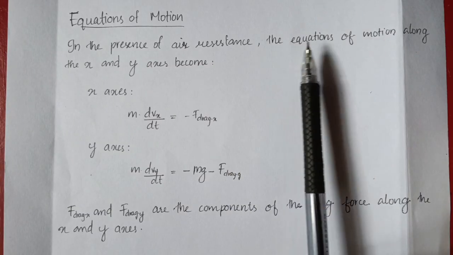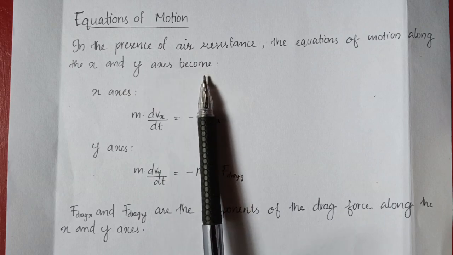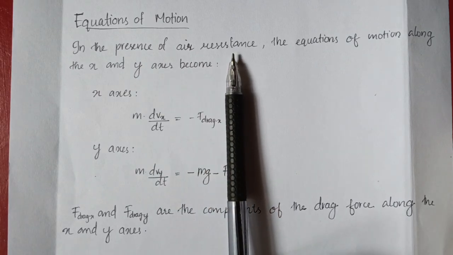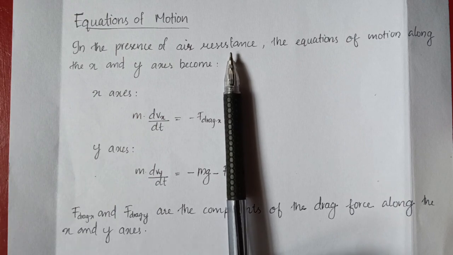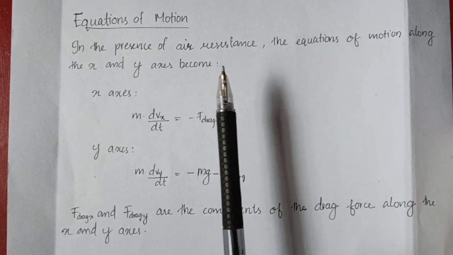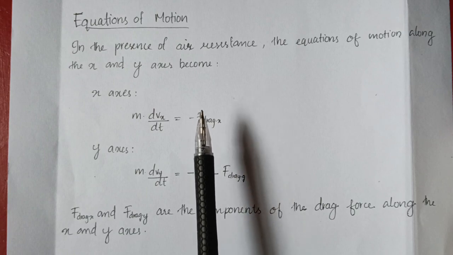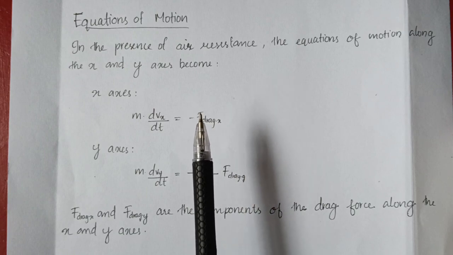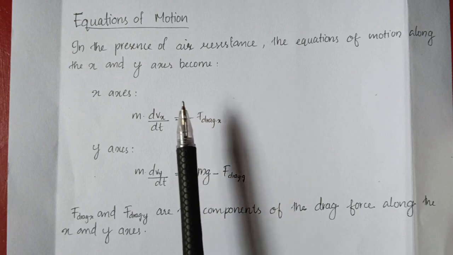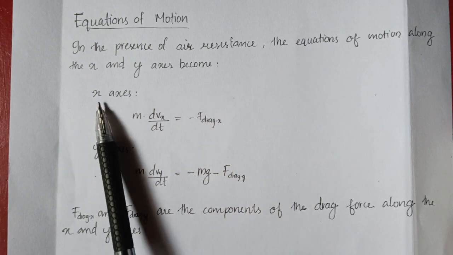Now, the equations of motion along the x and y axis in the presence of air resistance. The difference in the x and y axis is that the drag force slows down the object in both directions, but gravity only pulls it downwards in the y direction. We can represent this as, in the x axis,